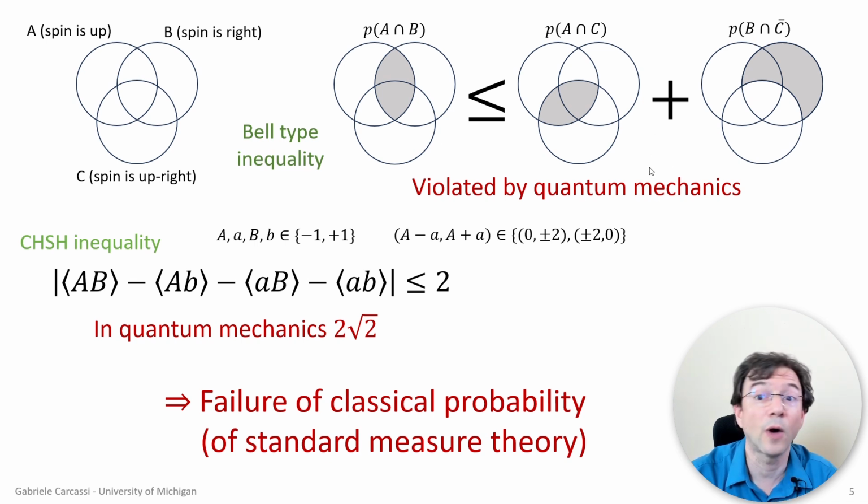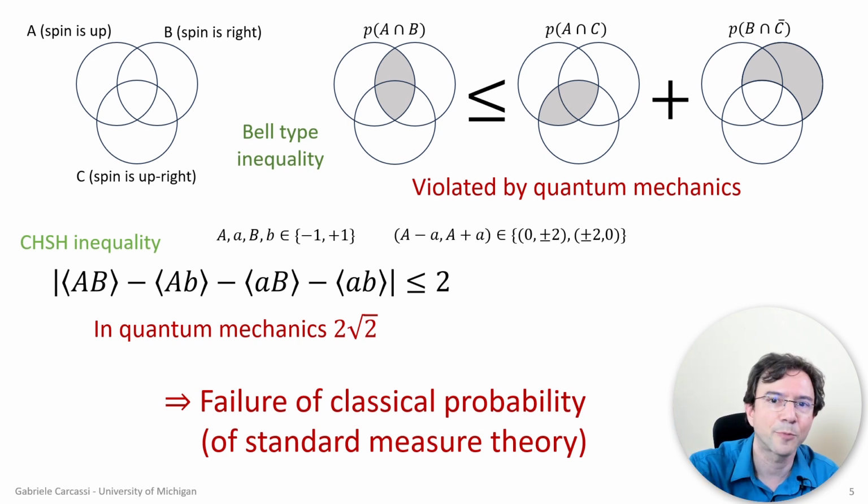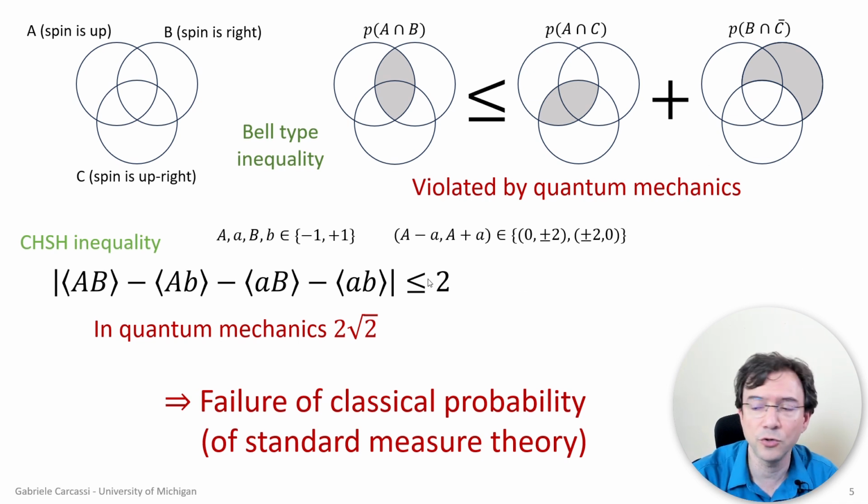And this inequality is something that you can violate in quantum mechanics. You can construct some things where these propositions don't satisfy it. The probability for this proposition wouldn't satisfy exactly the Bell-type inequality. And you can do similar things with